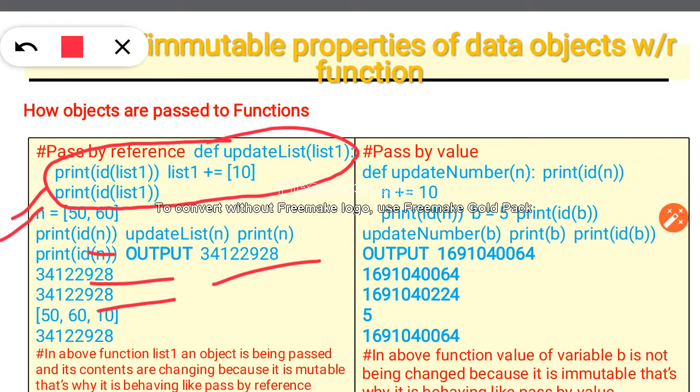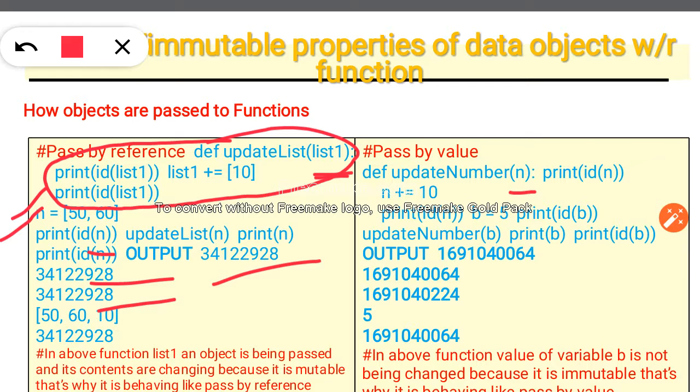Just see at the bottom of this program, I have written in the above function list 1, an object is being passed. So this object, that is list 1, is passed, and its contents are changing because it is mutable. That's why it is behaving like pass by reference. Getting it? So that's why we call it pass by reference. But over here, if it is n, then it is not mutable, right?